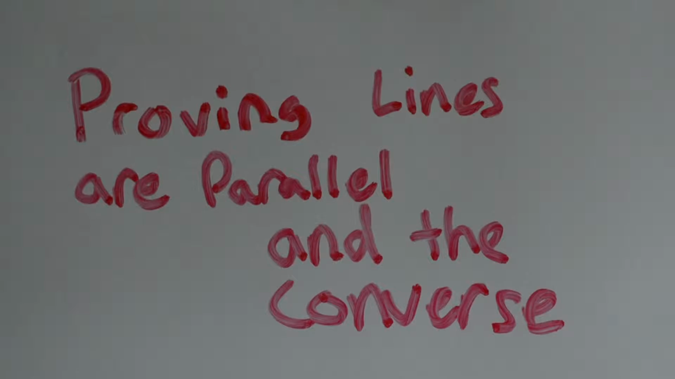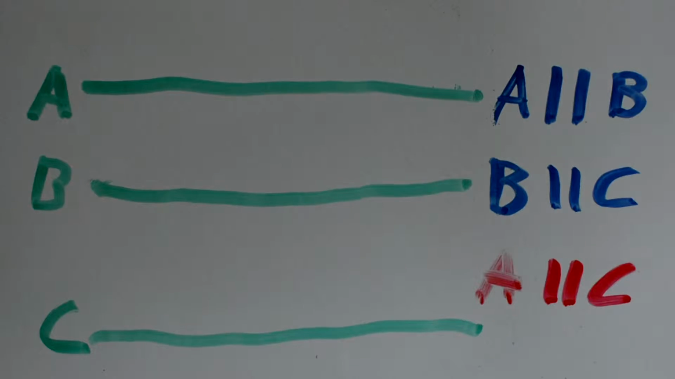Today we will be talking about parallel lines and the angles that go with them. We will talk about how to prove angles are congruent, knowing the lines are parallel, and the converse of this. So first I'm going to show you how if you know two lines are parallel, such as A and B,